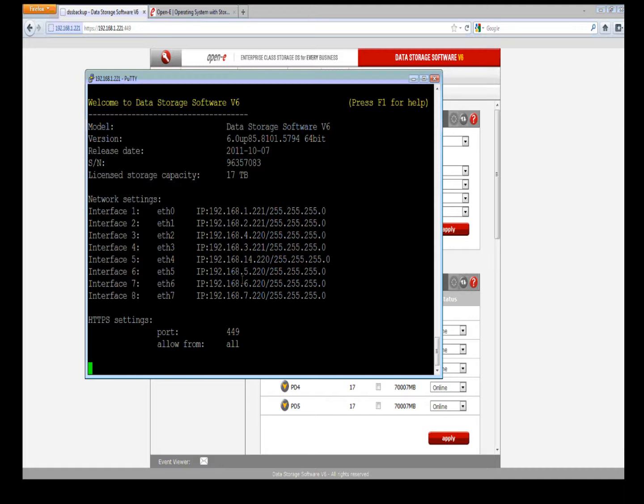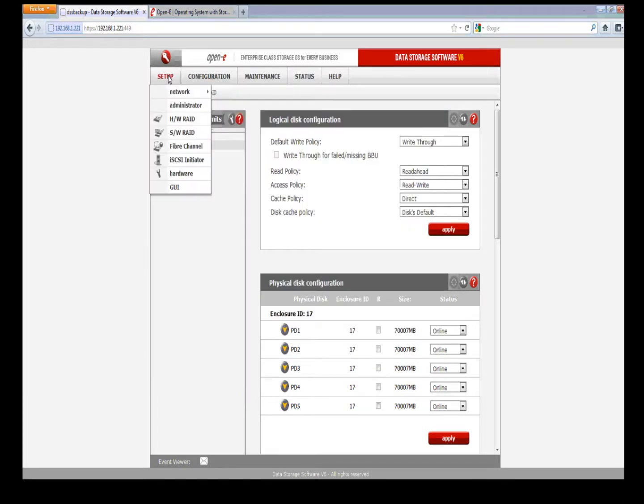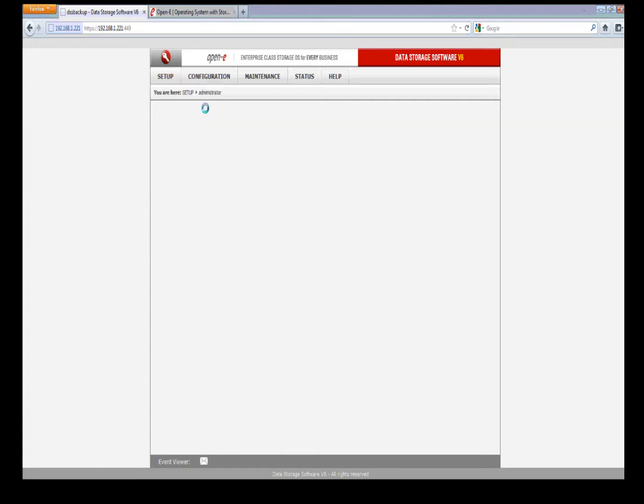PuTTY is used a lot. You can configure your access to what's called remote console access. You go to Setup Administrator. Maybe I should show that right now. That way you don't have to walk up to the server itself. You can be remotely away, and you can access the console screen from the DSS. If I go to Setup Administrator,